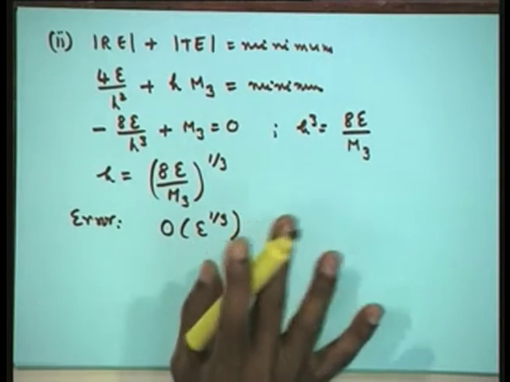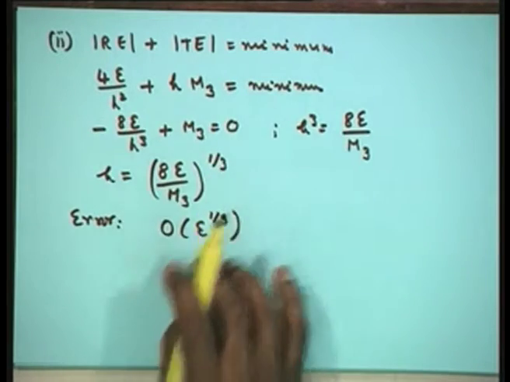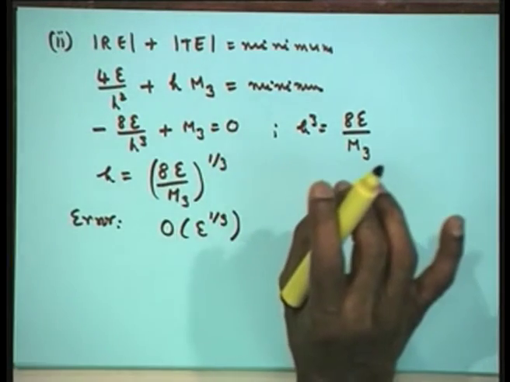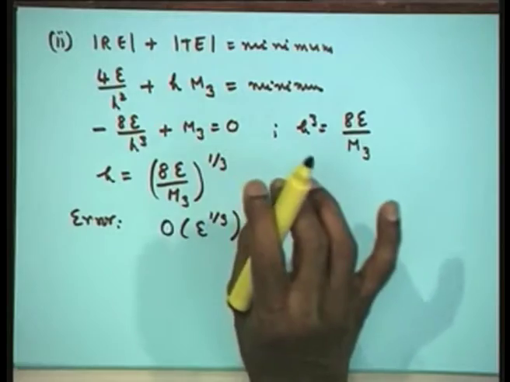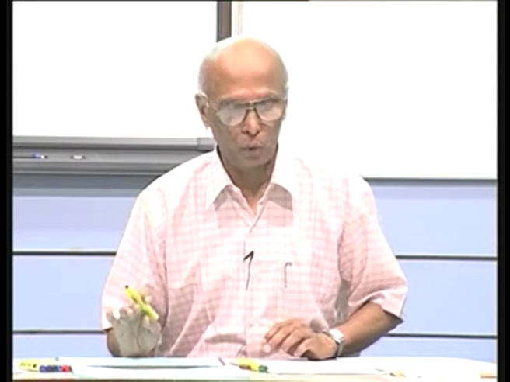Now, given any formula, the procedure for doing this is just to write down the truncation error, write down the round off error, and then apply this particular rule to find out what should be the step length or optimum h such that the round off error is controlled.